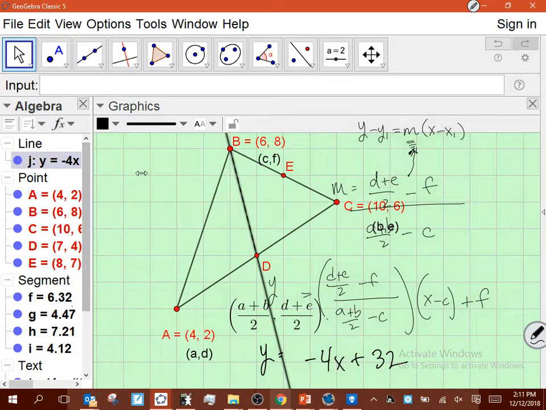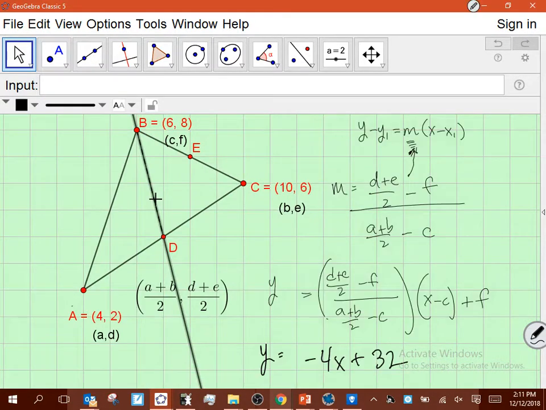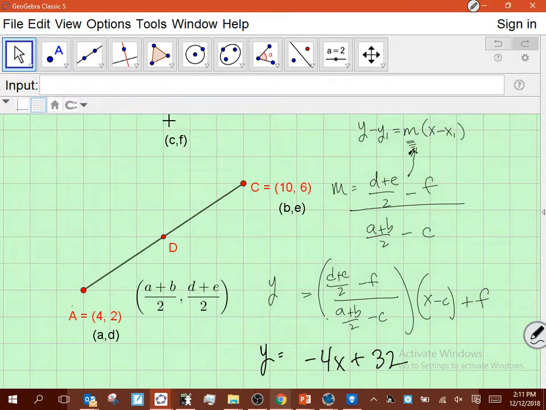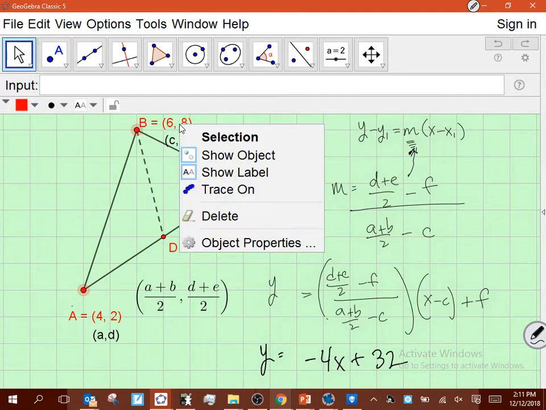In y equals mx plus b form, is it negative 4x plus 32? Okay, so what did we just do? I just tried to open your eyes to this. We took arbitrary values. I don't care what b is, a is, c is, as specific values, because when I move them,